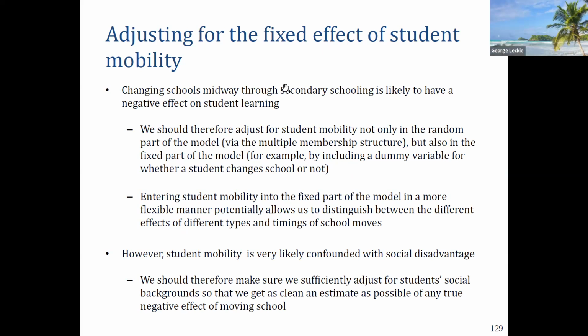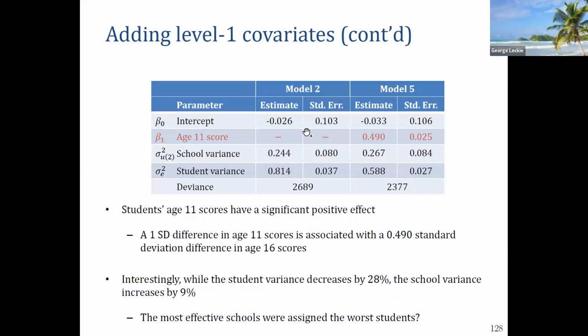Adjusting for the, okay. So one last thing you could do is you could enter in mobility as an explanatory variable as well. You know, because you might expect, well, we know that mean outcomes will be lower for mobile kids than stable kids. So you could put a dummy in for did he ever move? You could put a dummy in for number of moves made. You could put in dummies for timings on moves. Did you make a move in year 7, 8, 9, 10, 11? You very richly do all kinds of things. You bring in residential mobility simultaneously. And so in the fixed part, you can actually describe mobility as well as accounting for it in the random